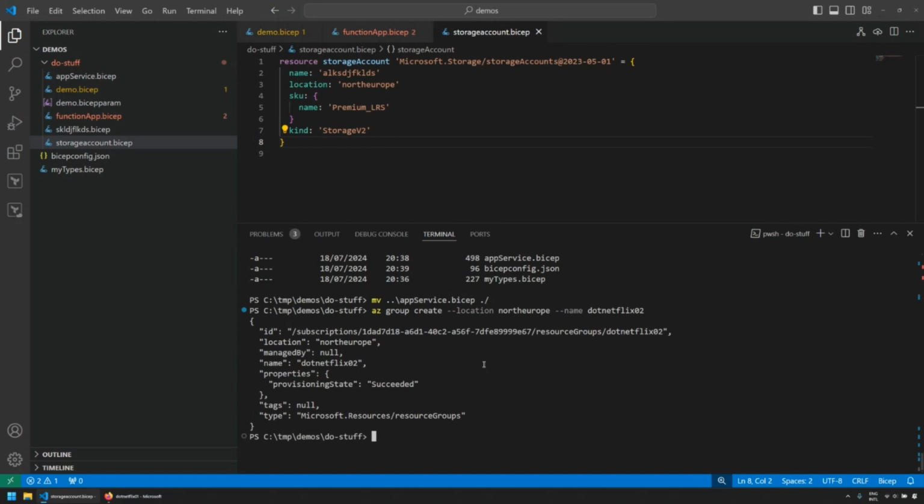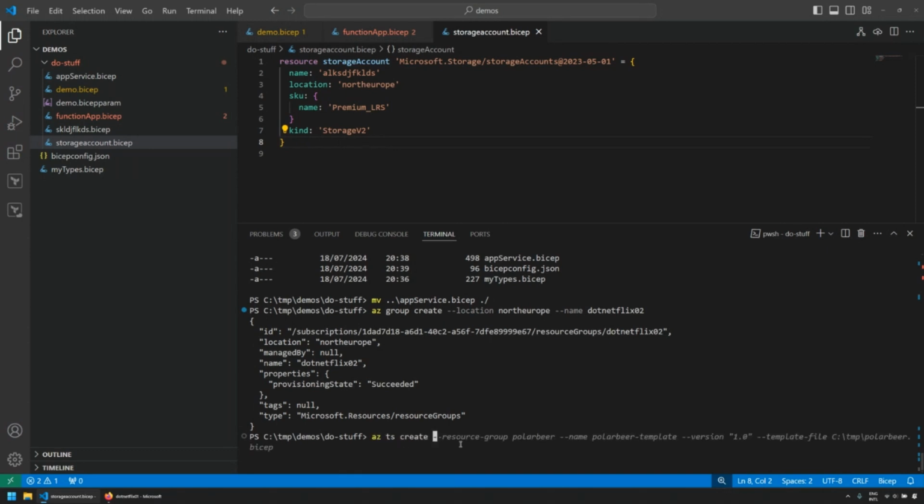Now, what I can do is, instead of creating a storage account, I can create a resource which is of type template spec, which contains the template with that storage account templated. That sounds very complicated, doesn't it? Yeah. Okay, let's see how it works in practice. So I'm going to say AZ and TS, which stands for a template spec.